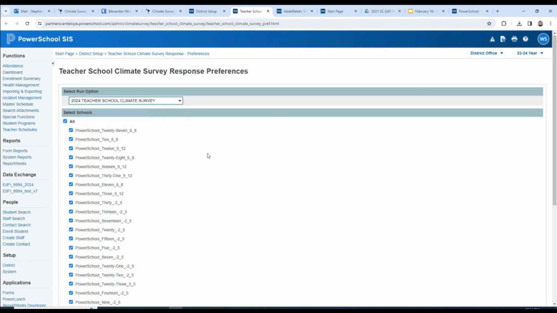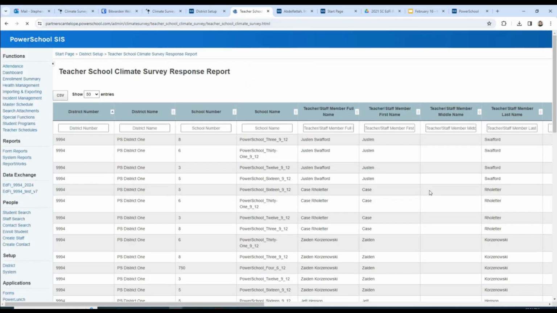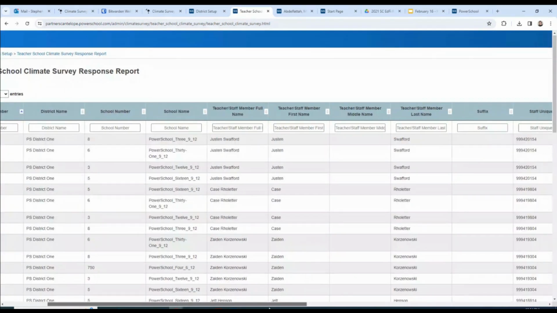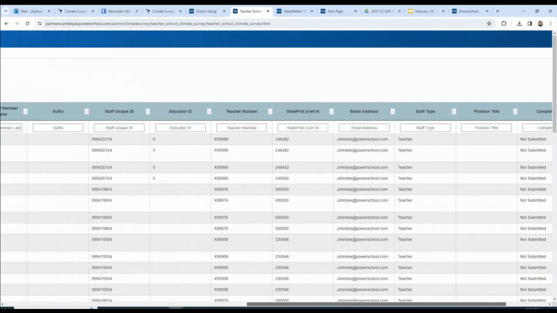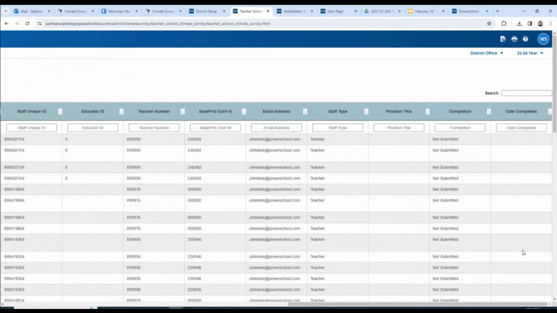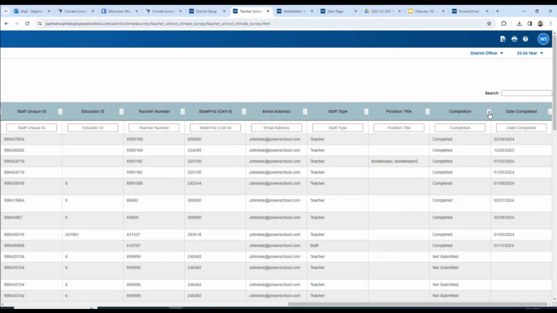So we'll do 2024 Teacher School Climate Survey. We'll click Submit. All right, there we go. There we've got teachers. Now, as you know, teachers can be associated with more than one school if they serve at more than one school. This year, your teachers are only going to be able to submit one survey per school that they are associated with, okay? And that's part of, by the way, why it's really important that everybody have that latest eCollect upgrade. I think the last we checked, at least all of our hosted districts do. We'll double check on that. But self-hosted districts, make sure that you put in a ticket for that if you haven't already. Otherwise, you won't get the teacher form. Okay, so that's a crucial piece.